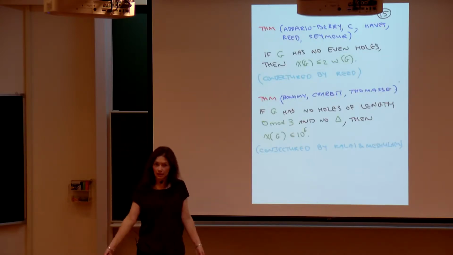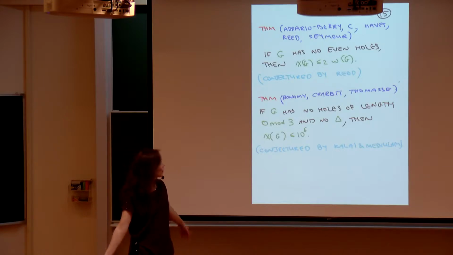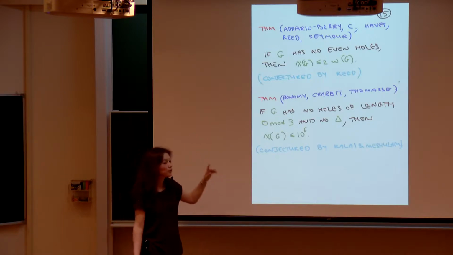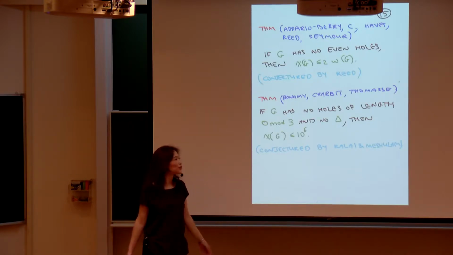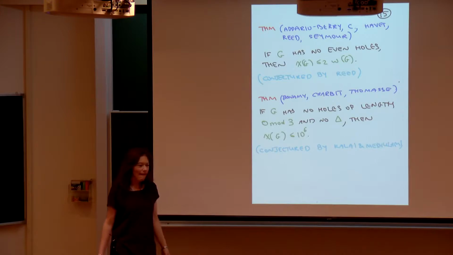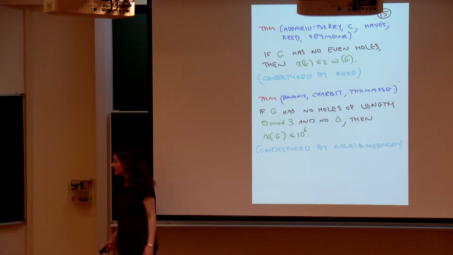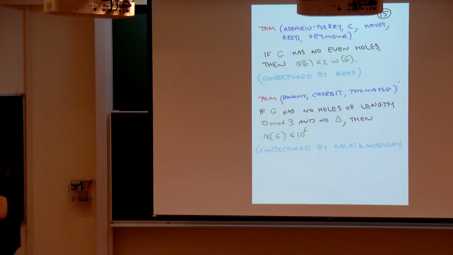And there are theorems like that. For example, with Luca Addario-Berry, Frédéric Havet, Bruce Reed, and Paul Seymour, we proved that forbidding even holes gives you a chi-bounded family. So odd holes is perfect, even holes not perfect, but chi-bounded. And the proof there is still a structural proof. So what you prove is